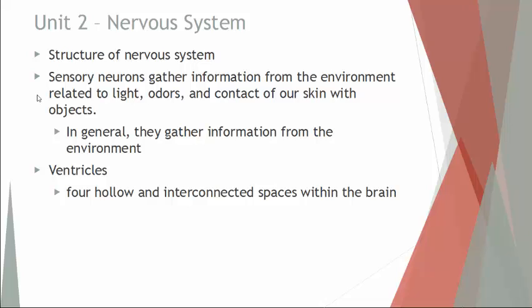You have various types of neurons. You have sensory neurons, motor neurons, and interneurons. Sensory neurons will gather information from the environment. So anything related to your senses. That's information taken from outside of your body coming toward your brain. So everything that you see, everything that you hear, everything that you touch or taste or smell, all that information has to be converted into an electrical impulse to be interpreted by the brain. That's where your sensory neurons take place.